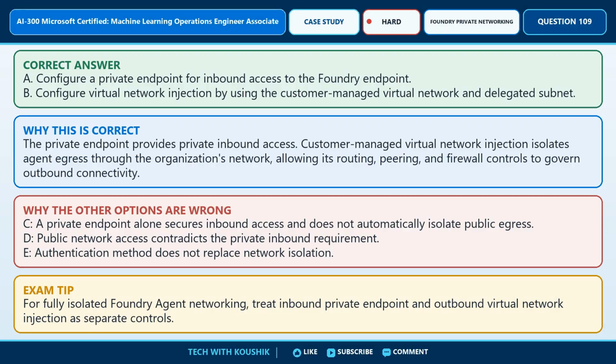The required selections are Option A. Configure a private endpoint for inbound access to the Foundry endpoint, and Option B. Configure virtual network injection by using the customer-managed virtual network and delegated subnet. The private endpoint provides private inbound access. Customer-managed virtual network injection isolates agent egress through the organization's network, allowing its routing, peering, and firewall controls to govern